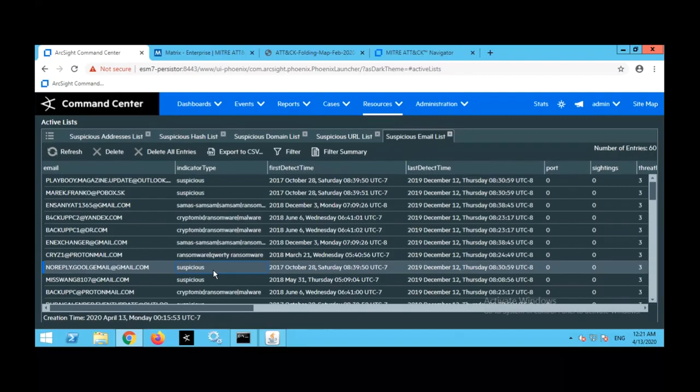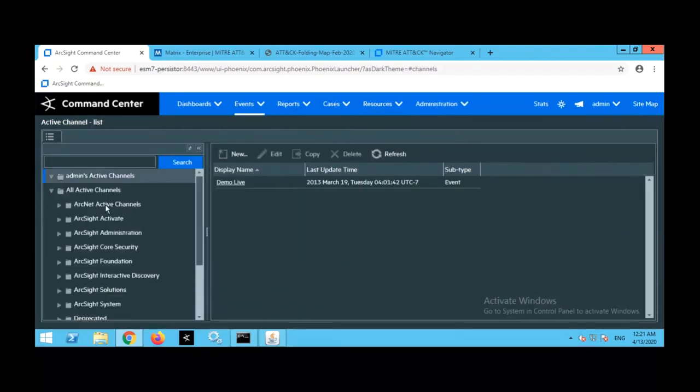So now we understand that ArcSight is extremely powerful, since it has a very straightforward integration with MISP. Now let's try to investigate a small use case which I discussed with you. Let me first go to an active channel and see what is happening. Where is my active channel? I go to the events, active channel, and I already have an active channel created